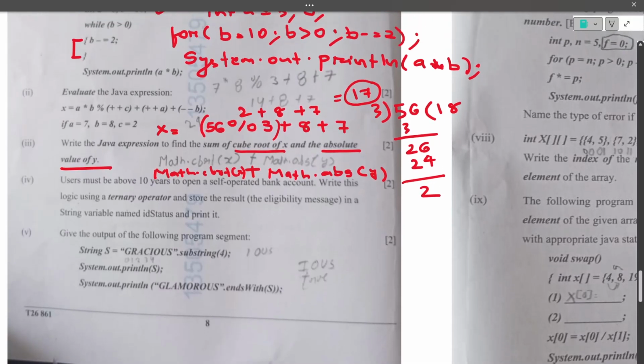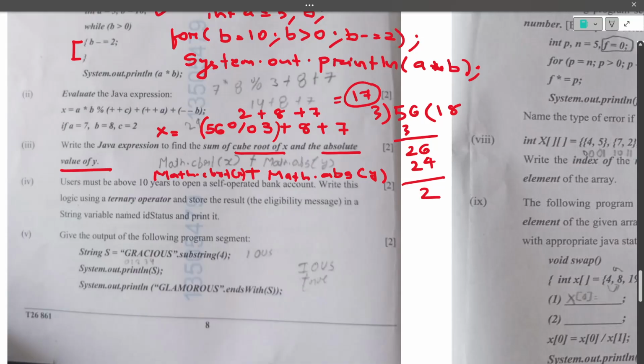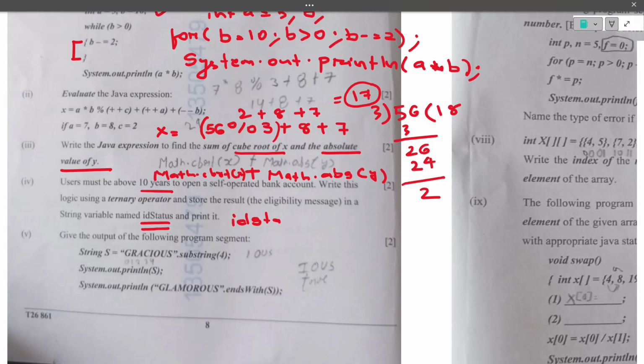Users must be above 10 years to open a self-operated bank account. Write the logic using the ternary operator and store the eligibility message in the string variable, ID status, and print it. Very good question. You need to check that a user must be above 10 years. And it has asked us to store it in a variable, so we will be writing this. It has asked me to write, so I will also be taking the data type. So, String